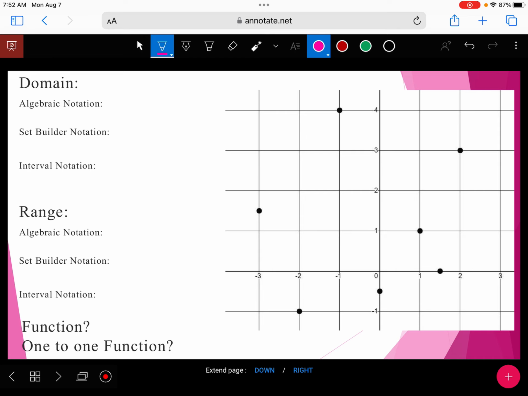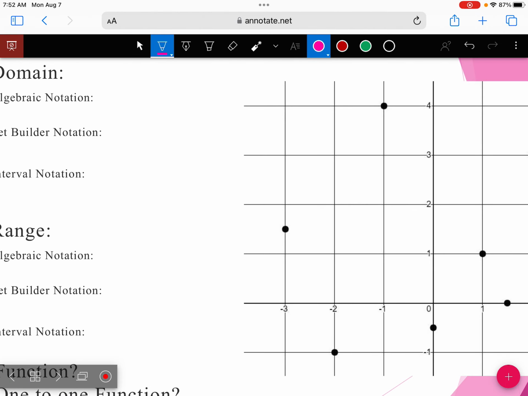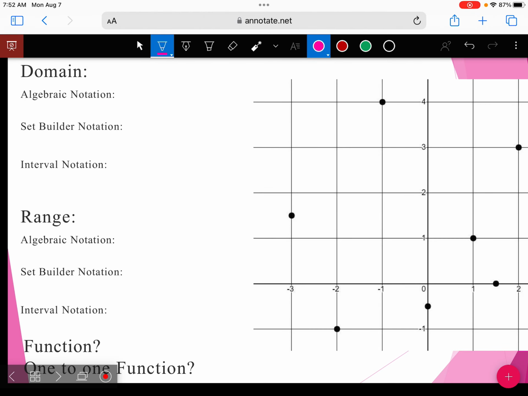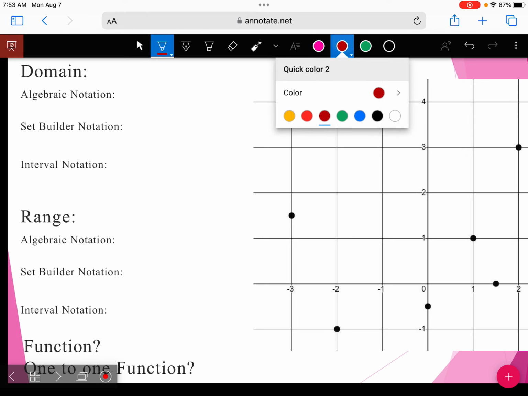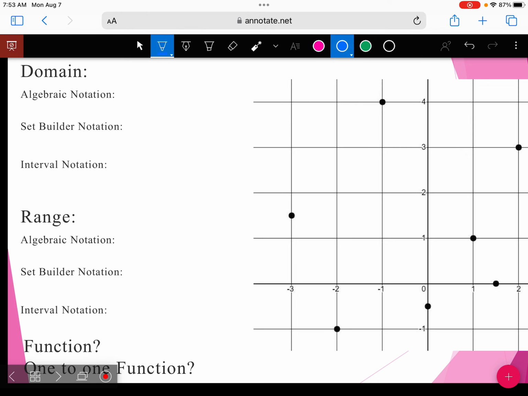So all we do for something like this, where it's just a line of dots, is we straight up list our values. So remember that our domain, these are our x values. And all we do, I'm just going to write this in my Set Builder notation spot right here. We do the squiggly bracket, and we straight up, left to right, write the values. My x values here,